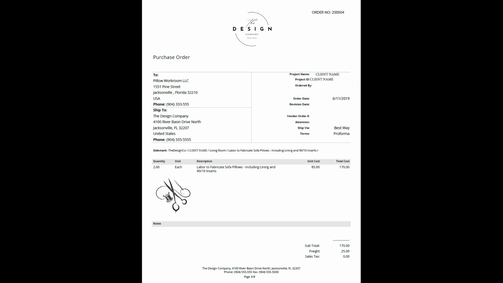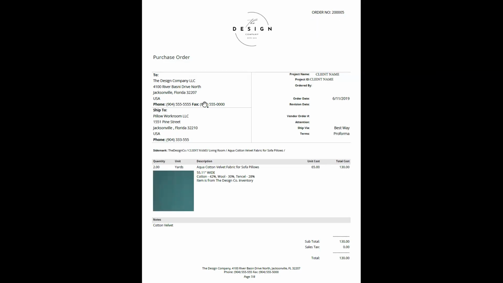The other thing that would be great is that when these two pillows arrive wherever they are, the designer immediately opens them up and makes sure that they're perfect. Or if they're shipped to a warehouse, the warehouse receiving department says, hey, we received this client's living room pillows. Do you want to check them? So there's a constant process of checking the entire time. And so you can see that's all basically the same.